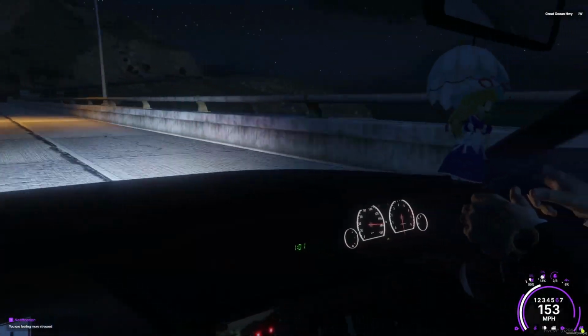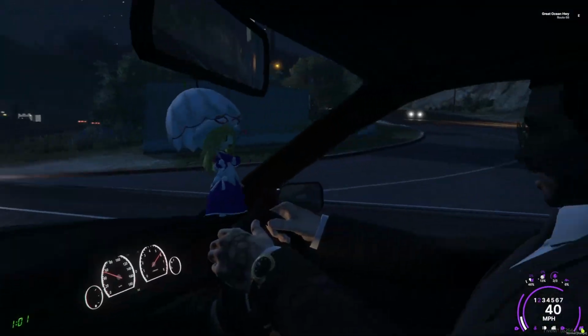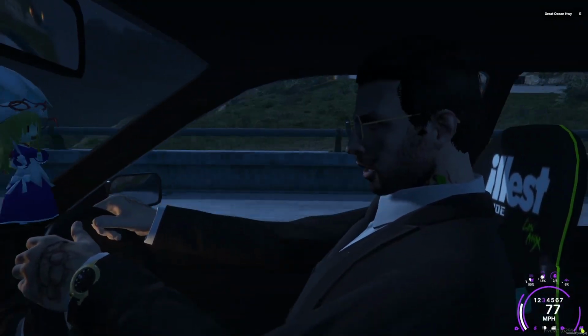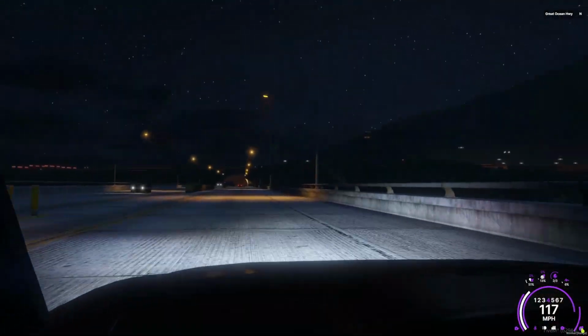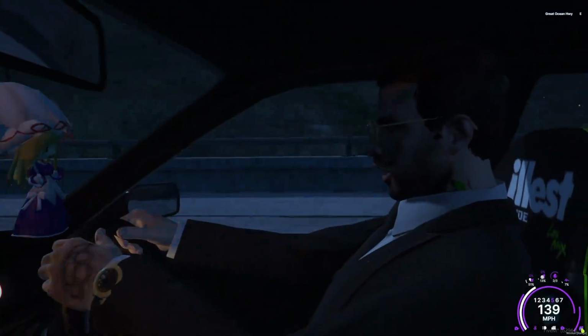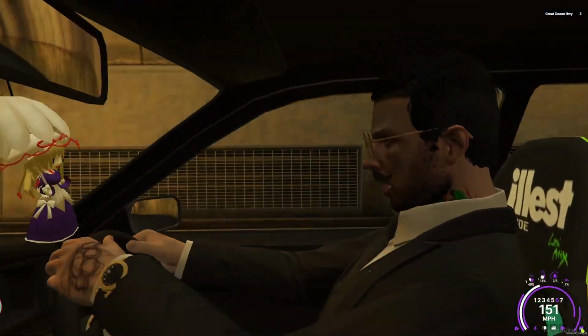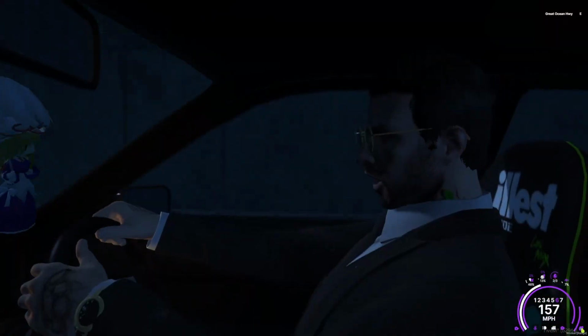That 1JZ engine is really kicking on this, Monty, let me tell you. We just took it up to 162. The traction on the first gear is a little iffy, but once it catches second, it just flies through second and third. And it's a really quick pickup on this. I don't know who tuned this car, Monty, but let me tell you, they did a great job. Shout out to the tuner who really tuned this car. I don't know who it is, but...